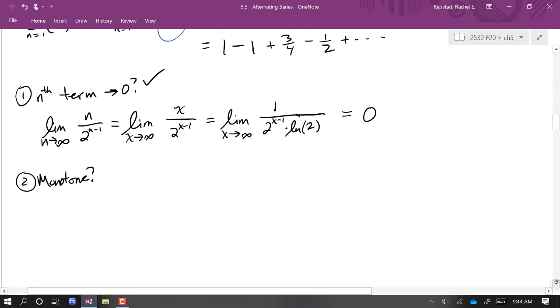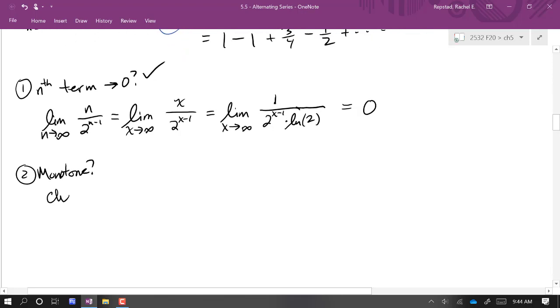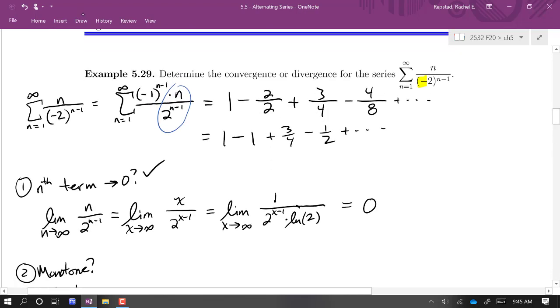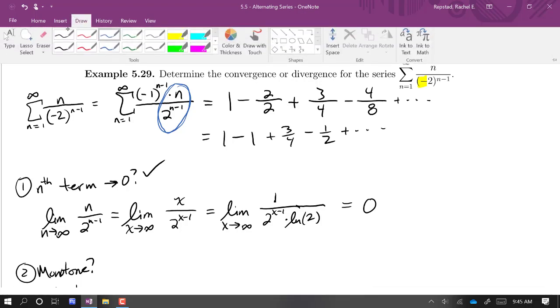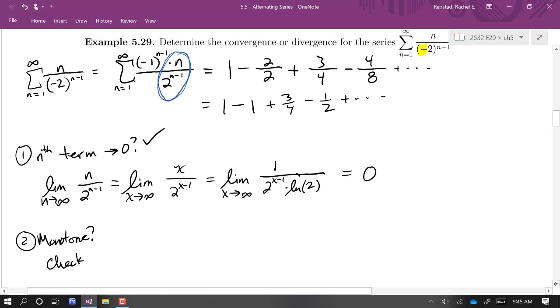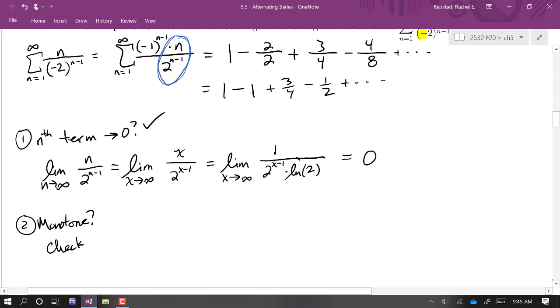So what I'm trying to check, and again, we ignore the alternating part here. I'm really just taking this part here that I circled in blue. I'm just looking at those successive terms and saying, are they monotone decreasing? So I want to know, does this inequality hold? And I'm going to go ahead and just put absolute values